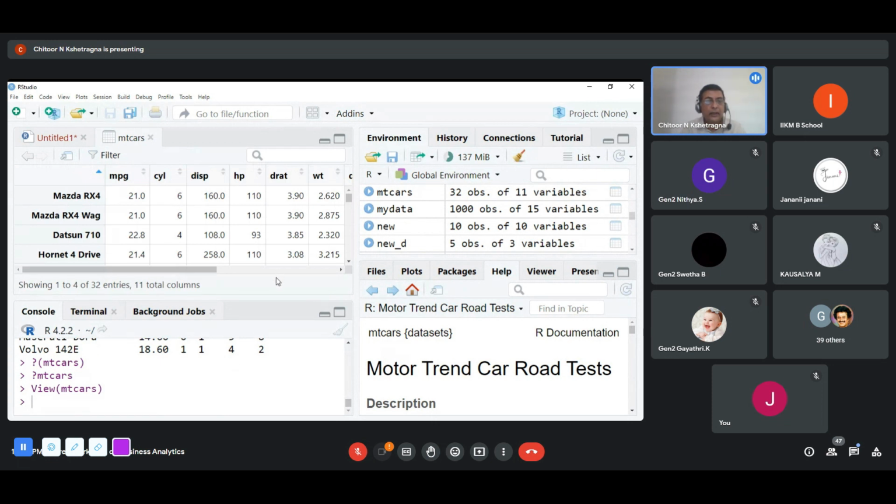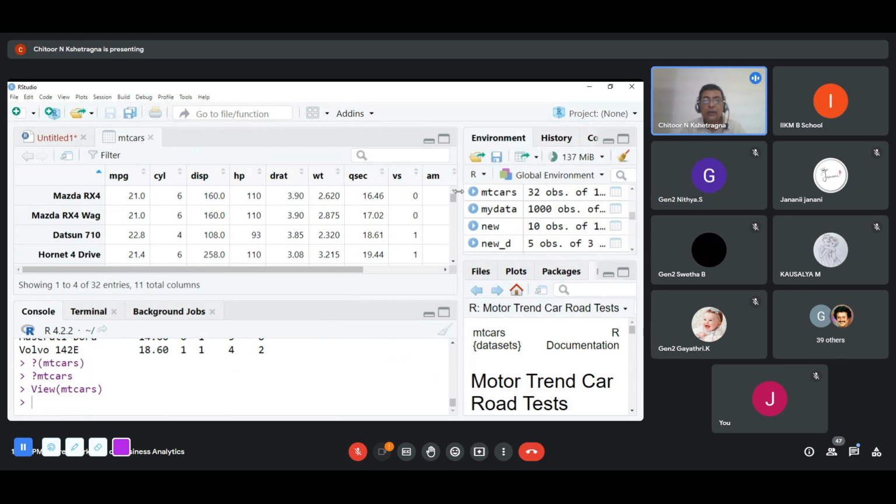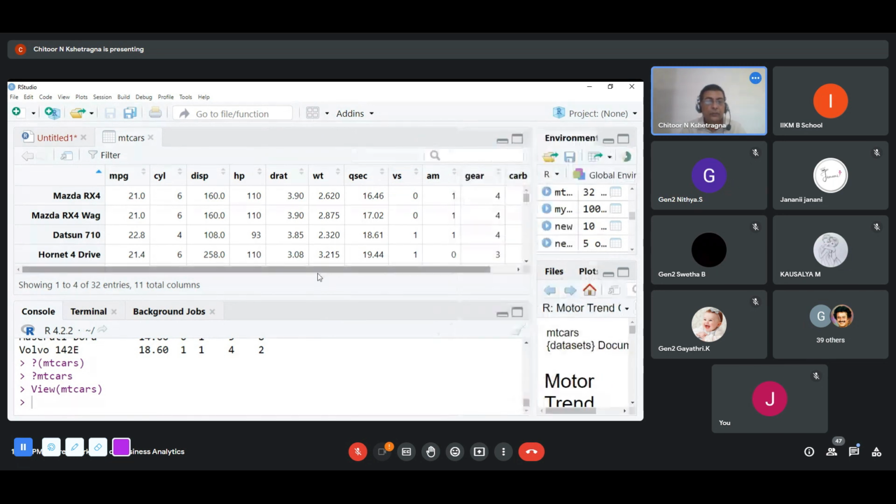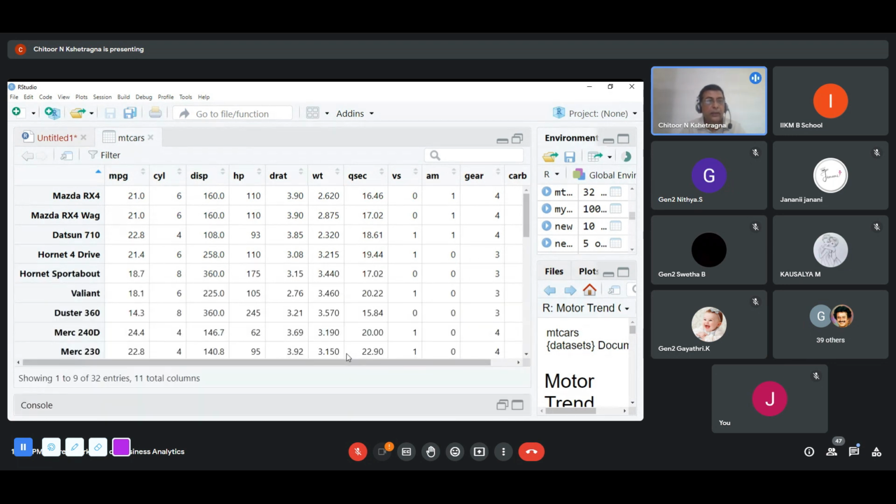Okay, and now I've got the entire data set here. So what's the advantage? I can have a look at the data set in one snapshot. When I'm looking at it in this quadrant, it's very difficult, but here it's very easy to look at the data set. I just expanded it, and this is the data set, right? So MPG, miles per gallon, cylinder, let's say a car like Duster, miles per gallon is giving 14.3 miles per gallon, like what we use as petrol.